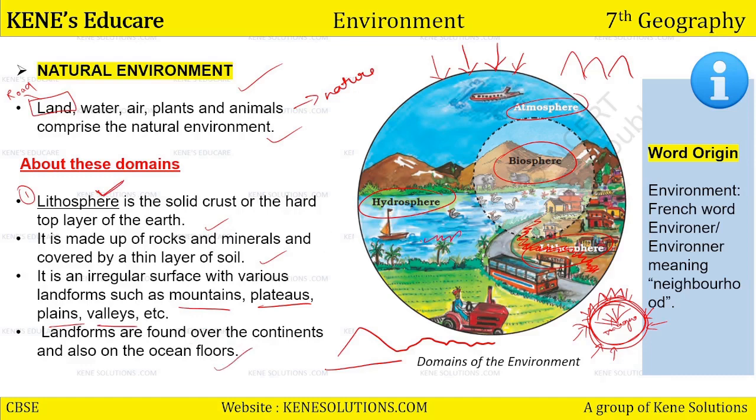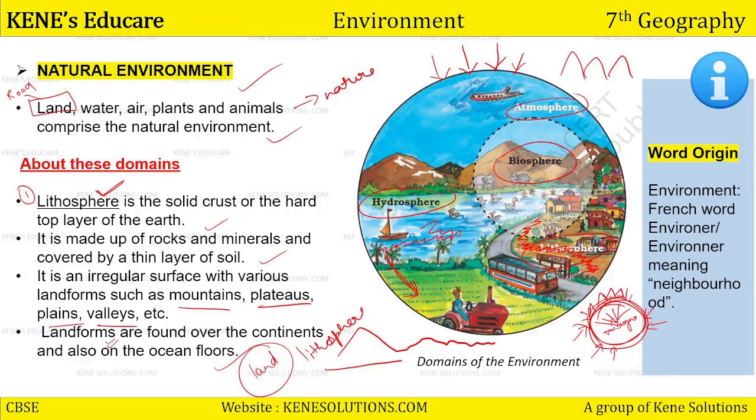ये जो आपको पानी दिख रहा है ना, इस पानी के नीचे कहीं जाके very deep inside there will be a land. There will be a landform and that landform will also be a part of lithosphere. तो ये मत सोचना कि यहाँ पानी है तो हमेशा पानी ही होता है. Very deep down there is always a land, a piece of land. Okay, it could be various kilometers deep, but there is always a land even under the water body.